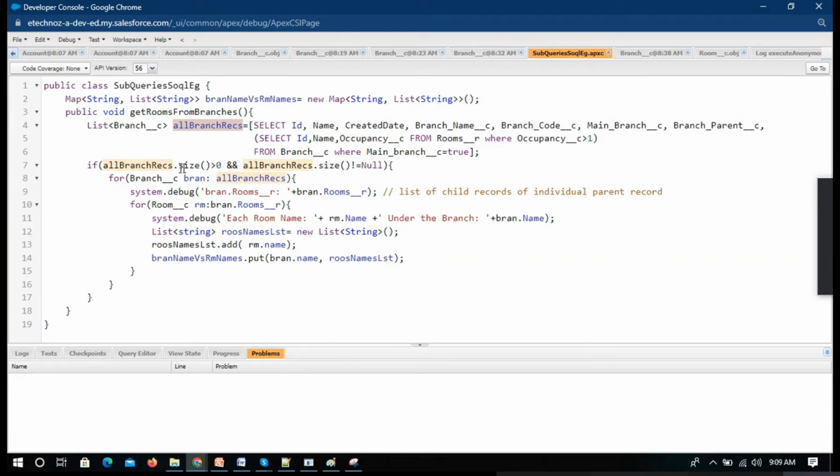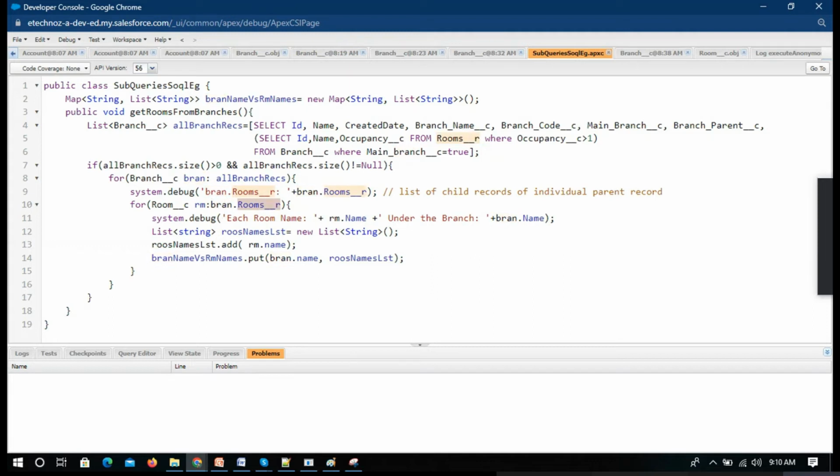So under these branches, for each branch I'm checking another level. So it's kind of room, which is room__c, which is just the child relationship name, child object name, and this is a child relationship name, rooms__r, which is actually holding all the information, and there is a reference brand.rooms,